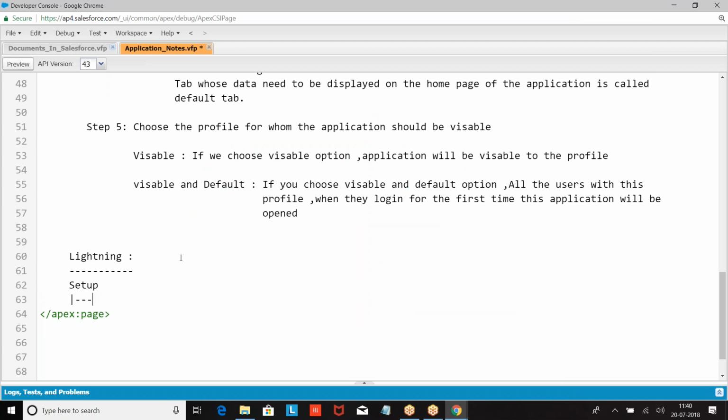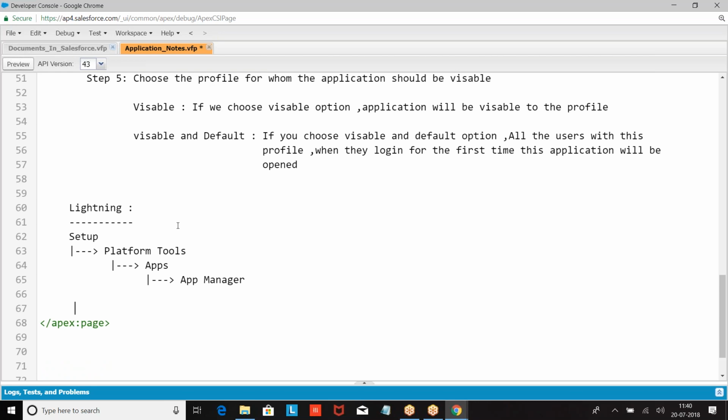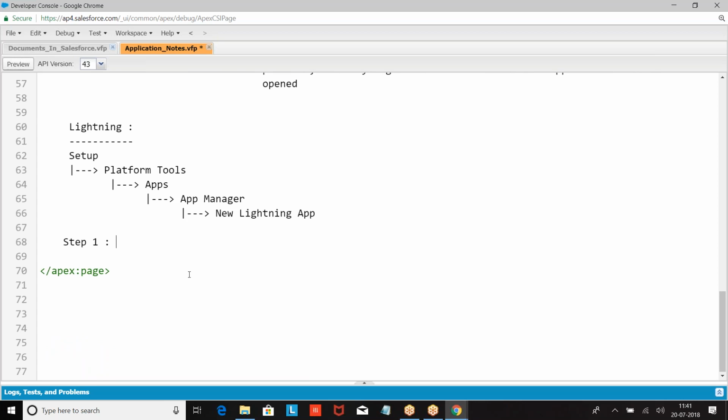Setup, platform tools, apps, app manager, new Lightning app. Step number 1.